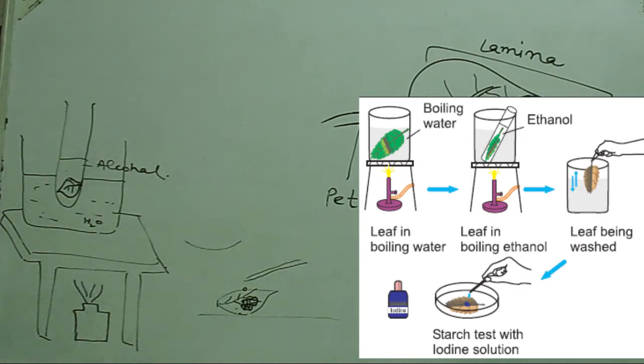One thing more we can do, this activity we can perform for other food items also. That is for the test of starch, and in the previous chapter we did the starch test on potato. We can perform the same activity on rice. So these are some of the activities related to starch.